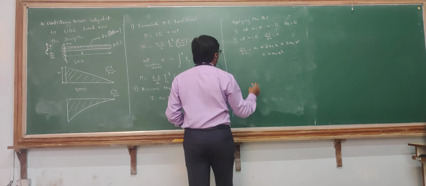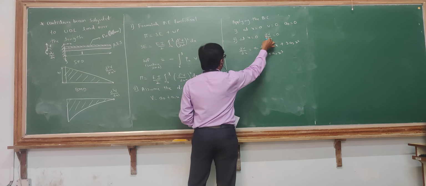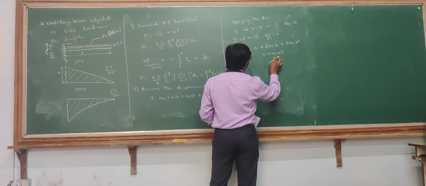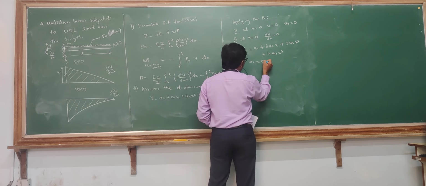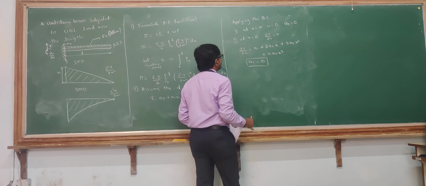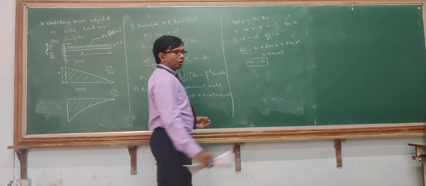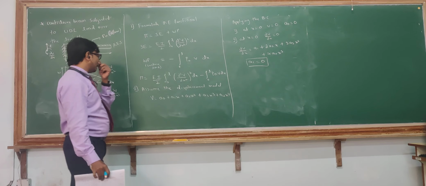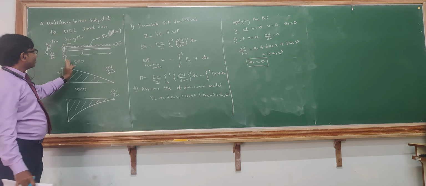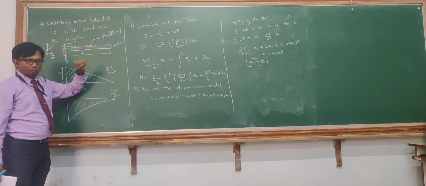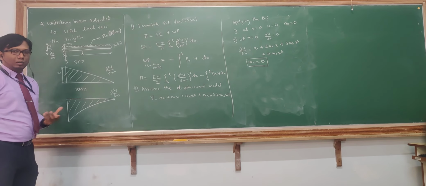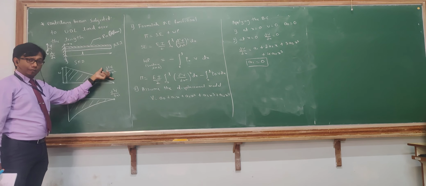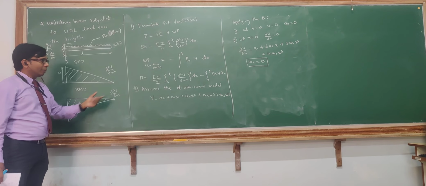Now I'll apply the boundary conditions. At x is equal to 0, dv by dx is equal to 0. What you are getting here is a1 is a constant term, so these are all getting 0. So we'll be getting a1 is equal to 0. So we got a0 and a1 both equal to 0 by applying the first two boundary conditions. And coming to the second side, at x is equal to L, it is free to move. So I don't have any displacement boundary conditions here. But I have two more boundary conditions, that is the shear force is 0 and the bending moment is 0.